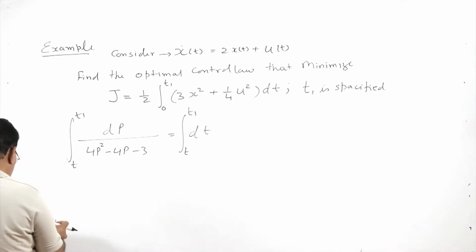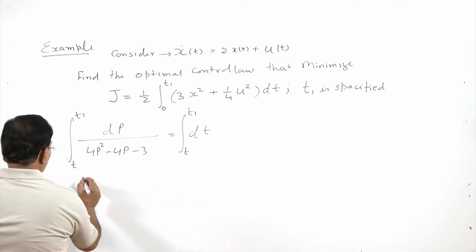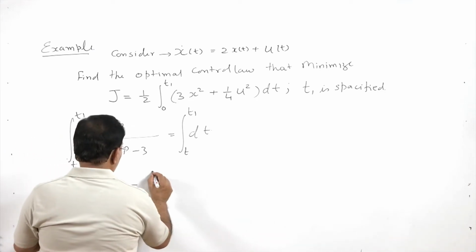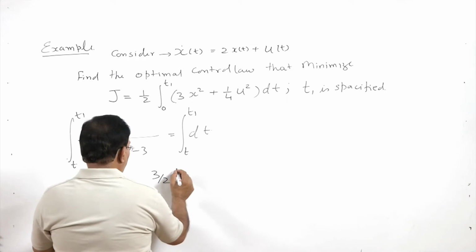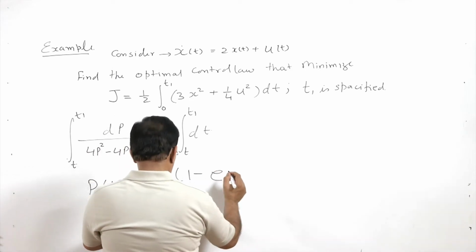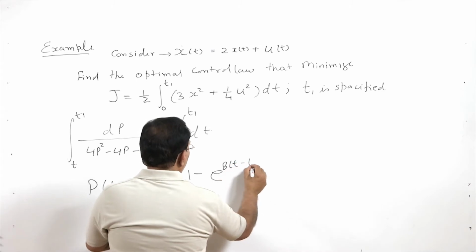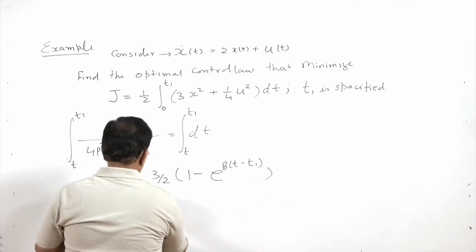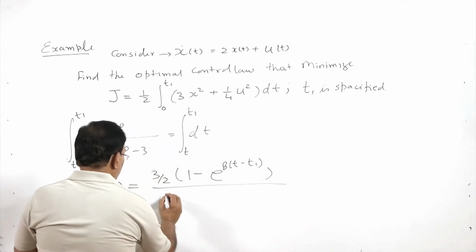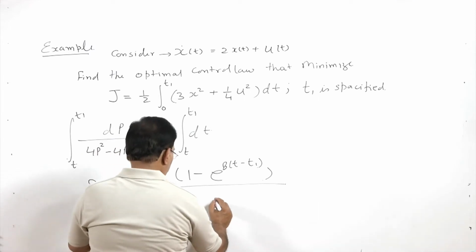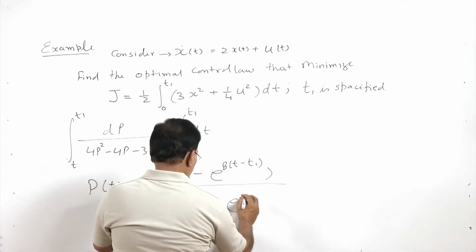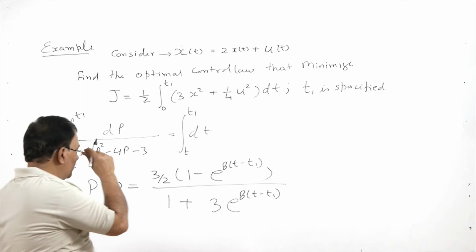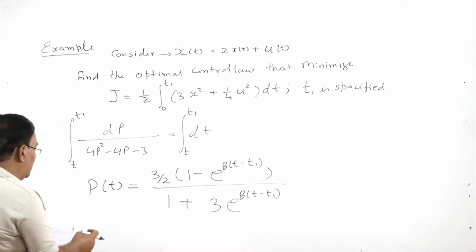With this, if I calculate, my P(t) comes out to be 3 by 2 times 1 minus e to the power 8(t minus t1), the whole divided by 1 plus 3 e to the power 8(t minus t1). So, this will be my P(t), and